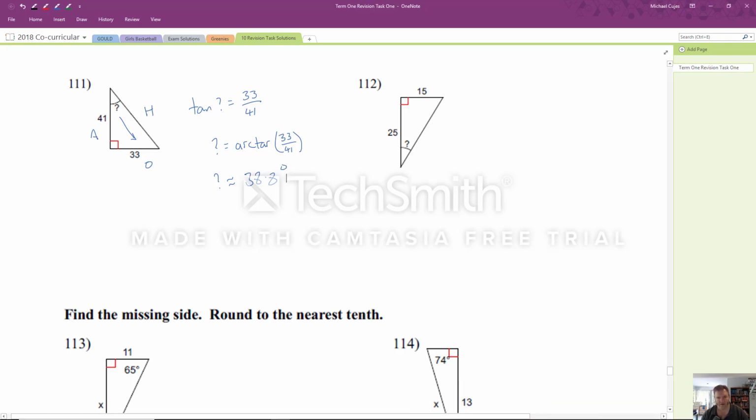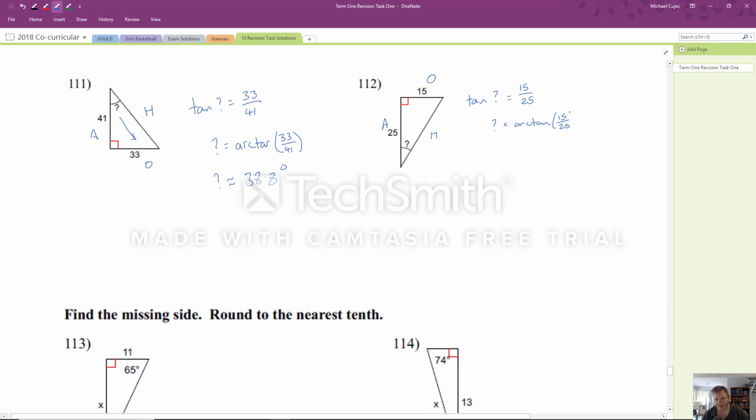Alright, so here we go. Question 112. What have we got this time? This is the hypotenuse. That's an opposite. This is an adjacent. Looks like we've got opposite adjacent. That's tan again, isn't it? So the tan of the question mark, the tangent ratio for that angle is 15/25. So the question mark equals arc tan